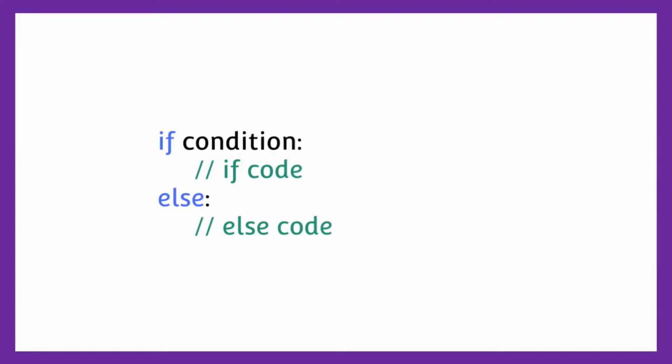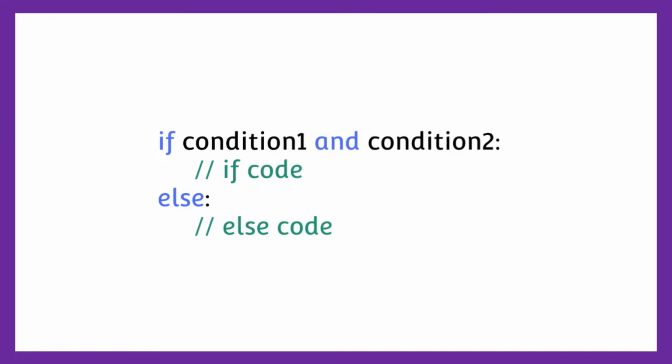First, take the syntax of if-else. Now instead of one condition, we write two conditions separated by AND. Or in case of OR, we simply write OR. As you can see, they are surrounded by two conditions, condition 1 and condition 2. AND is strict. It needs both conditions to be true. So if condition 1 is true and condition 2 is true, only then the whole condition will be true and the if block